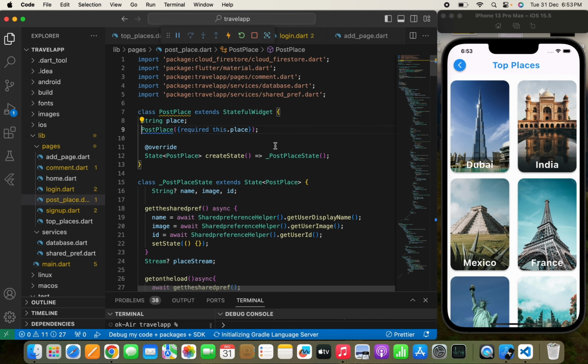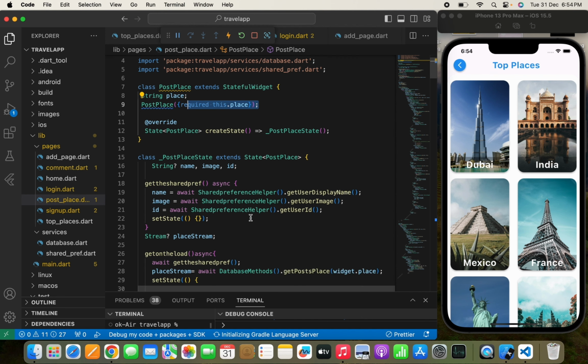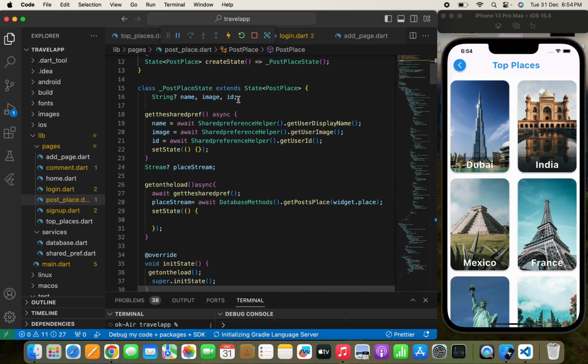Yeah, so that's why I've created my post place, and here I'm getting the place that the user has selected. So for example, if the user selects Dubai, then the place will have Dubai, same for India. Now in the string name image ID, I am getting all the data by using shared preference,